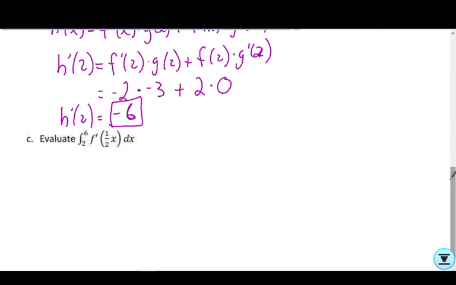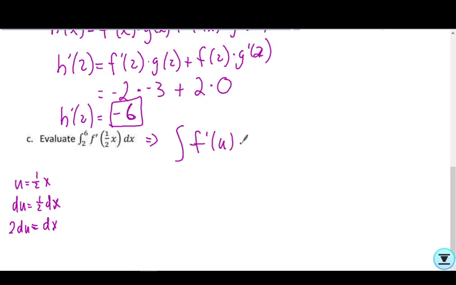So I'm going to say that u is 1/2 x, so du equals 1/2 dx. So 2 du equals dx. So here we go. So the integral of f prime of u times 2 du